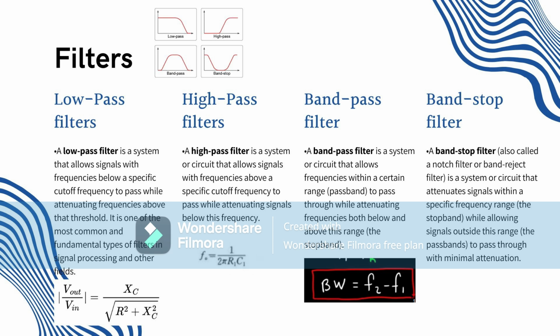In the case of high pass filters, it attenuates low frequency signals, and can also be denoted as 1 over 2 pi RC. And for its real world applications, for audio processing,